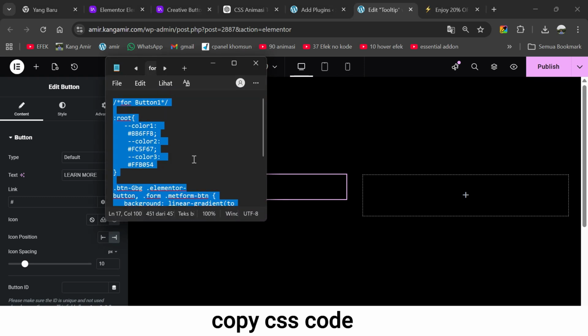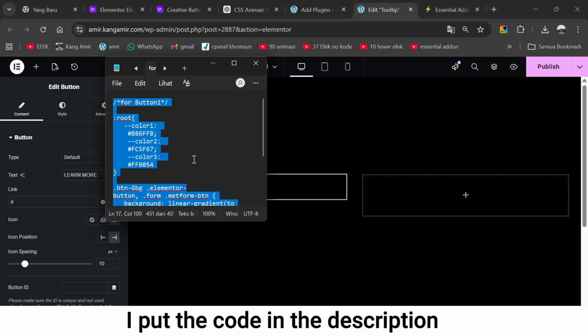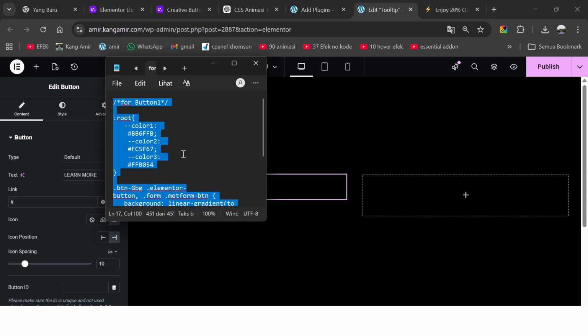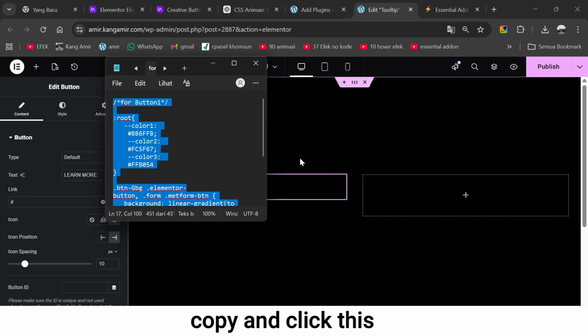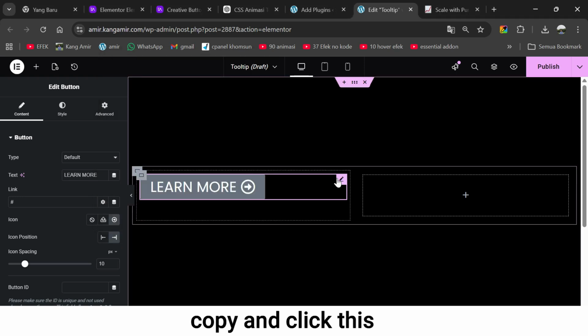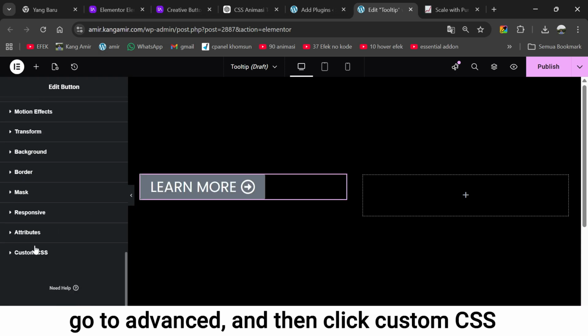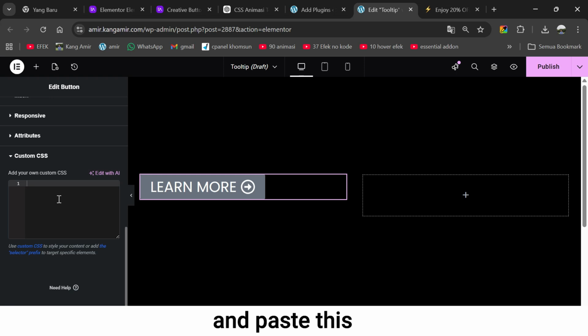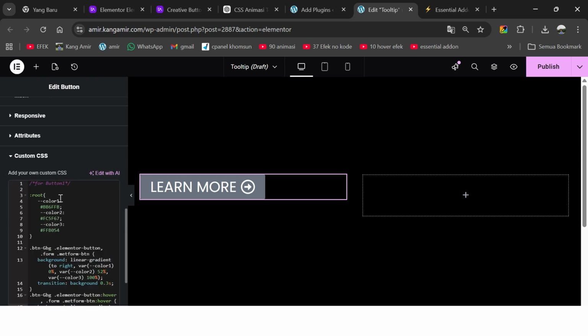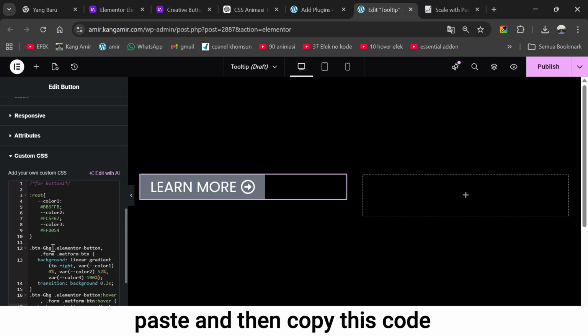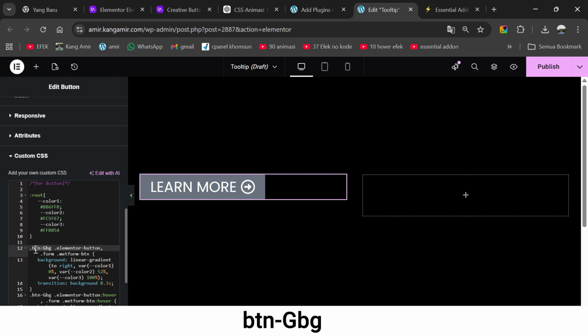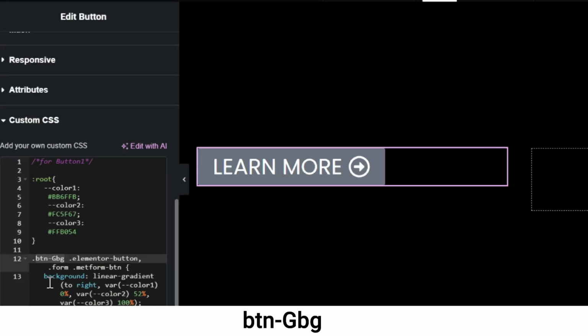Copy CSS code. CSS code I put in the description. Copy and click this. Go to advanced and then click custom CSS and paste this. Paste and then copy this code. Copy